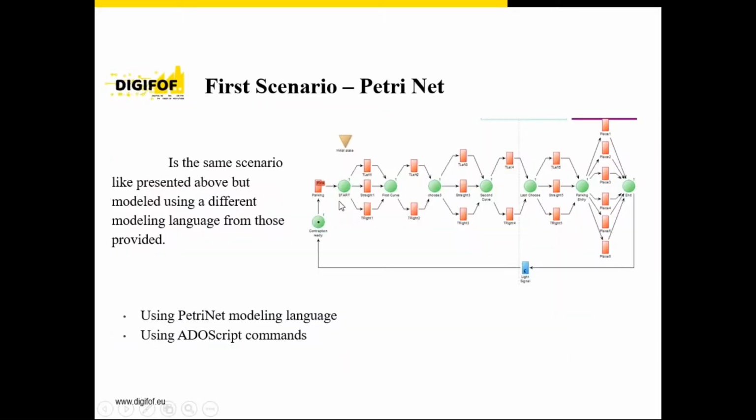Because I was curious how Petri nets work, I realized the first scenario using also this modeling language, and as further developments, I want to implement a scenario using the camera from the mobile robot to make it recognize pedestrians and traffic signs, and maybe to add more sensors on the sides of the mobile robot to improve the current scenarios. Thank you very much for your attention, and now I will let my colleague Octavian.